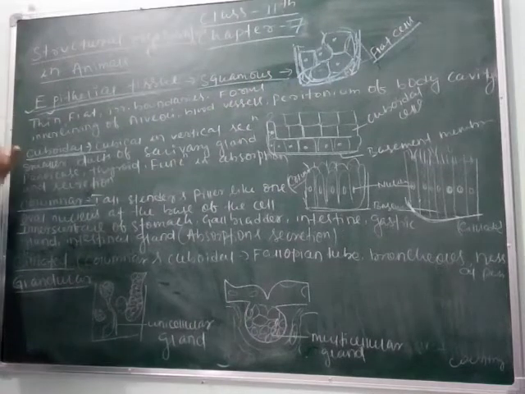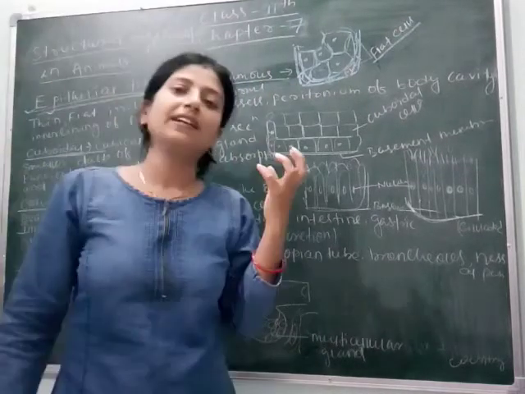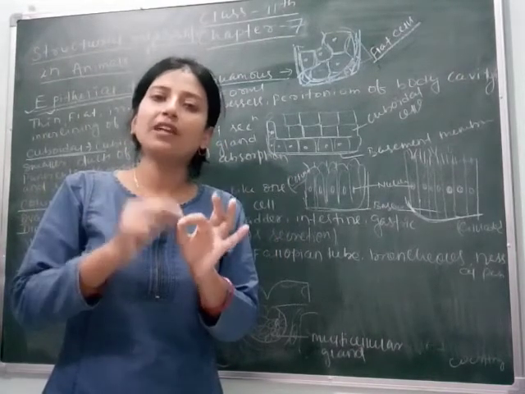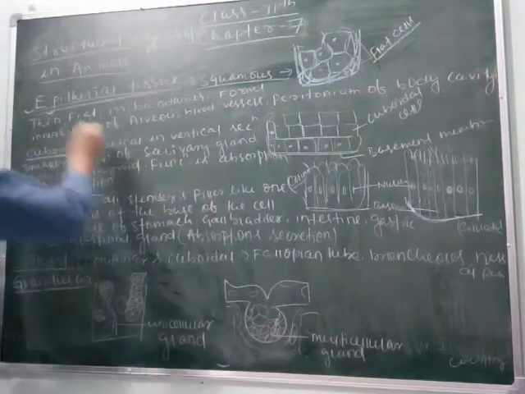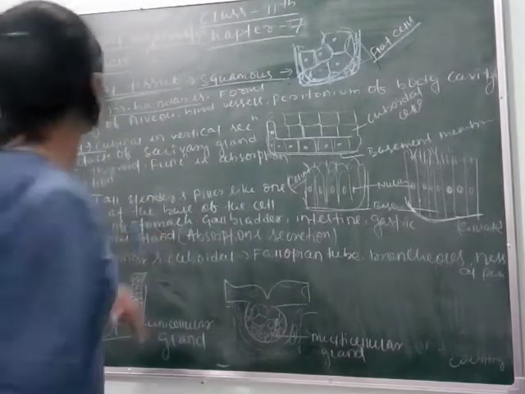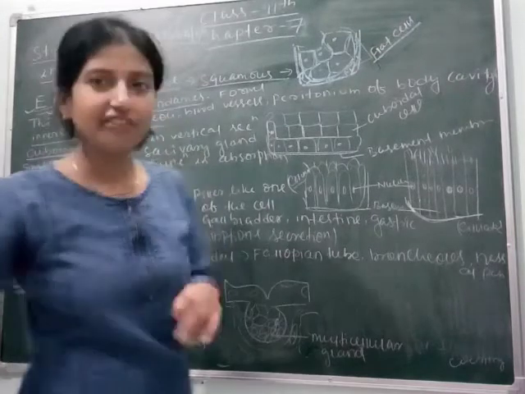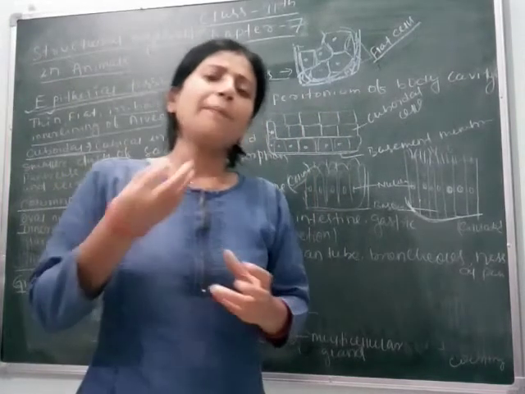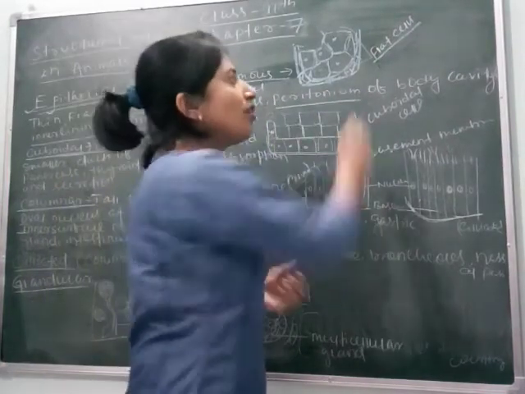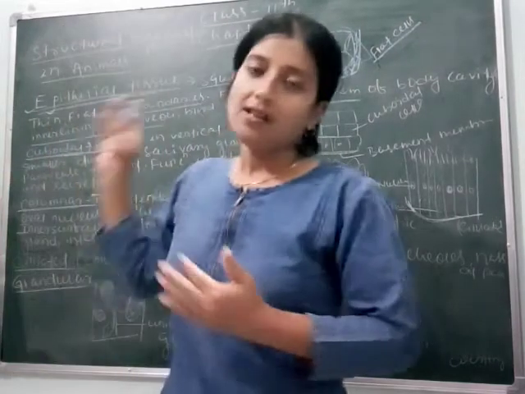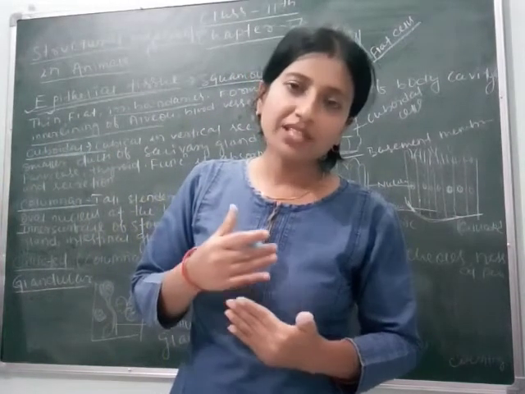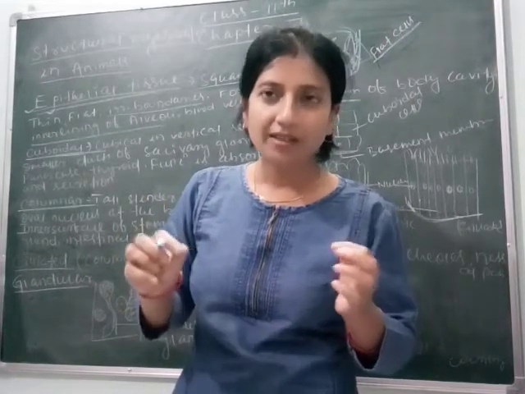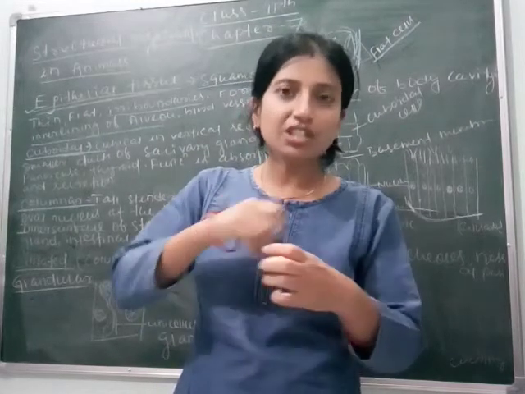So what is its function and how does it look? As I have told you, this is flat in structure. Its cells are irregular, means not of a particular size, and have irregular boundaries. It forms the inner lining of alveoli, blood vessels, and peritoneum of body cavities. Clear? So squamous epithelial tissue is flat with irregular boundary, and its main function is to constitute the inner lining.